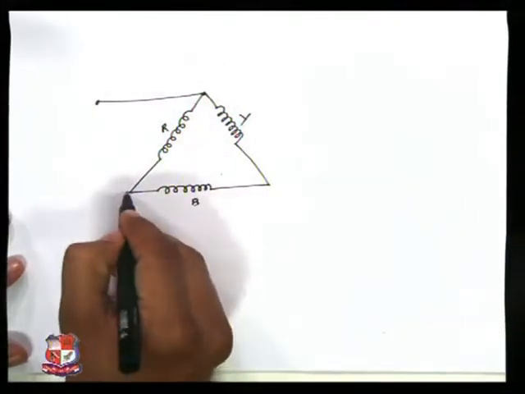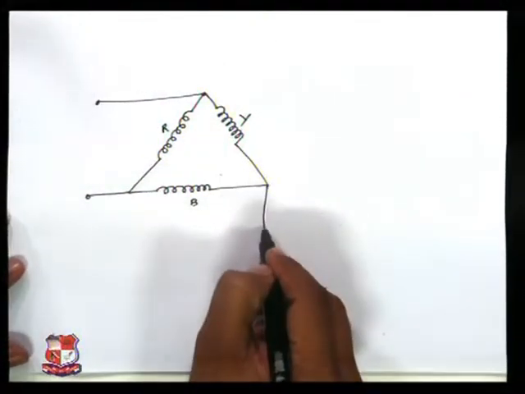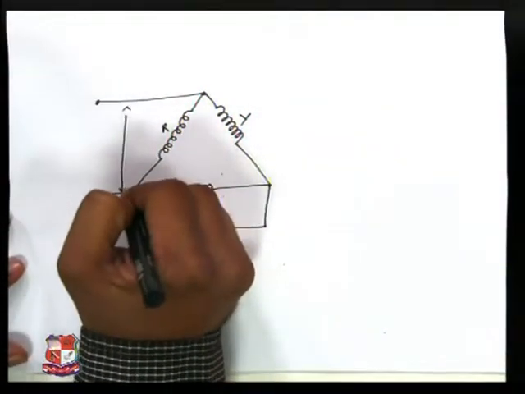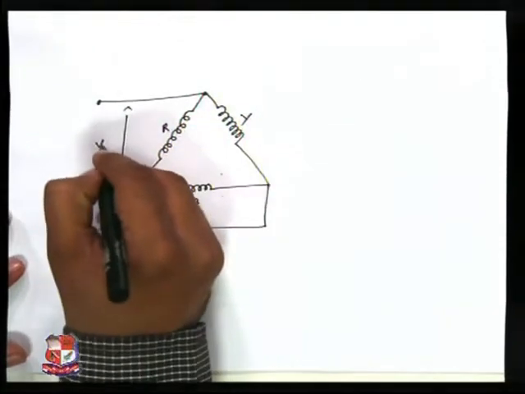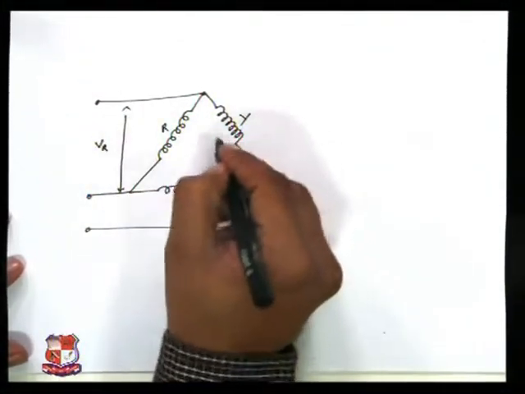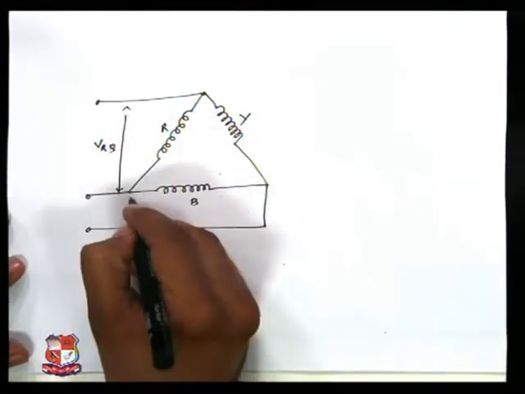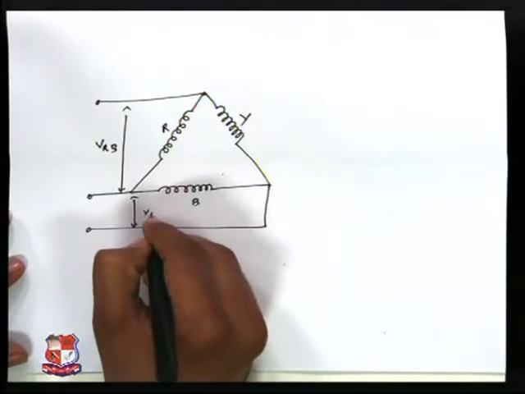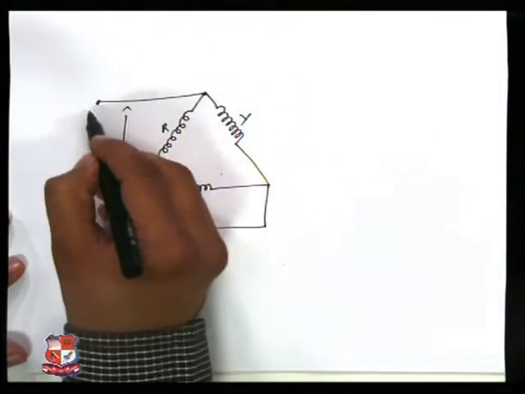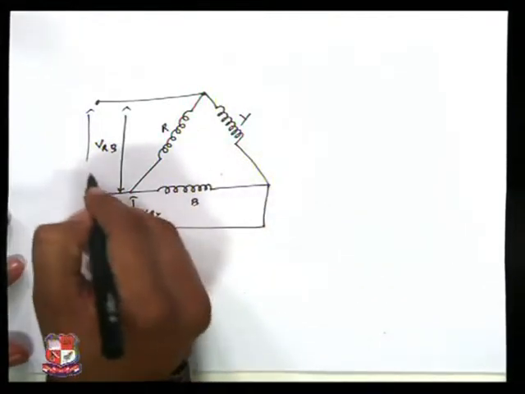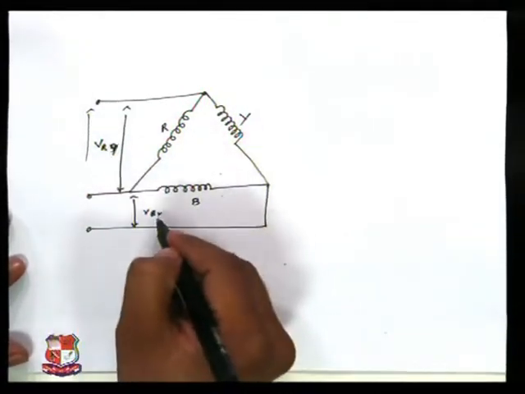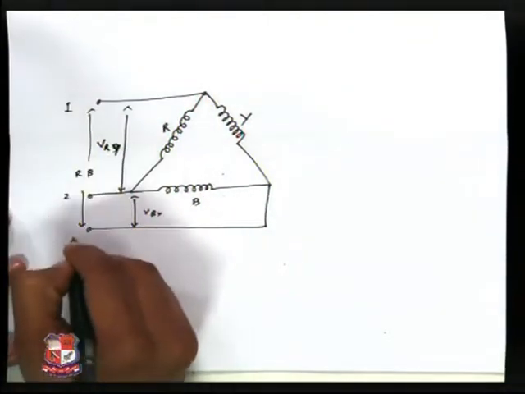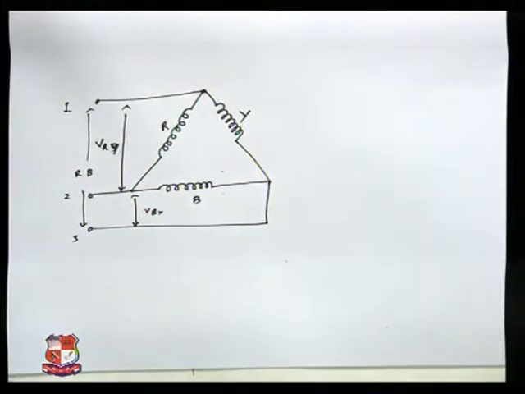Now, taking the different lines from that, here the voltage is between, suppose, V R, and between R and B, this is between B and Y, and you can also take R and Y, B and Y, and R and B. These are the three phases. This is called the delta connection.